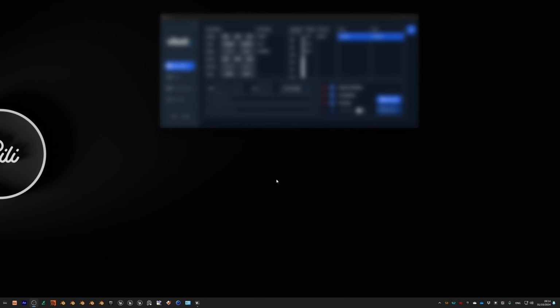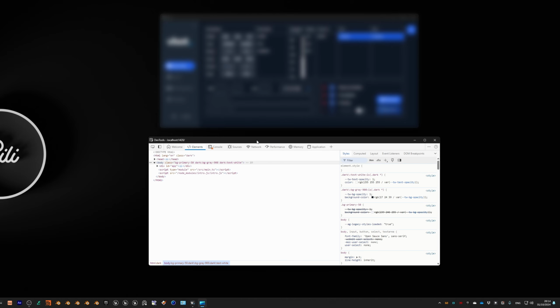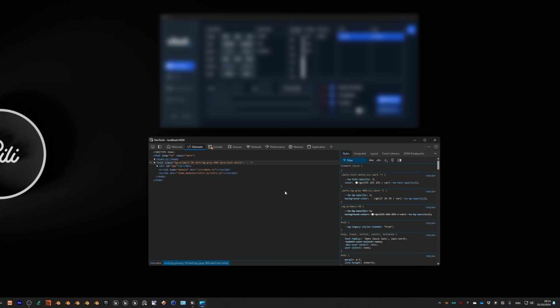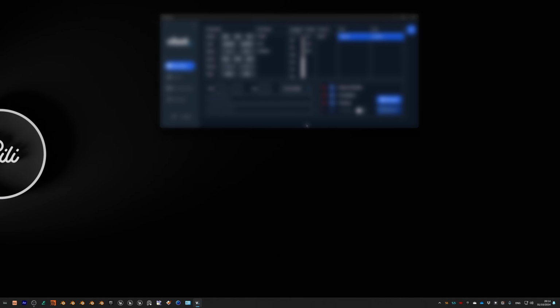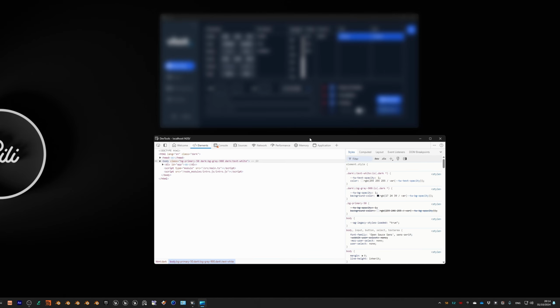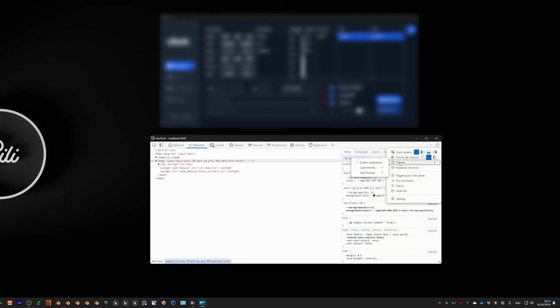Okay, this is just a quick fix for an annoying problem I've had with working with Tauri DevTools for a while. So if you try to use the DevTools in your Tauri application and it keeps getting back to the white theme even though you have set it to either dark or system preference. So as you can see, I have system preference already pre-selected, but when I selected it again, it actually turns to the dark setting, which is my system setting. And then if I close the DevTools again and open it, it keeps getting back to the white theme,